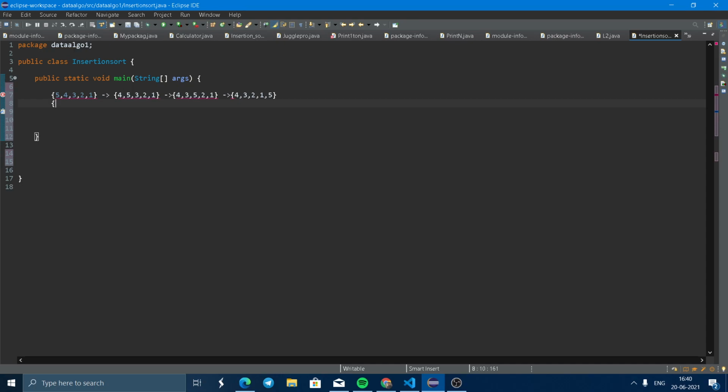Again, we can copy this line and paste it here. Now again we compare two elements, 3 and 4. 3 is the key value. The key value is less than 4, so 3 will be replaced here.